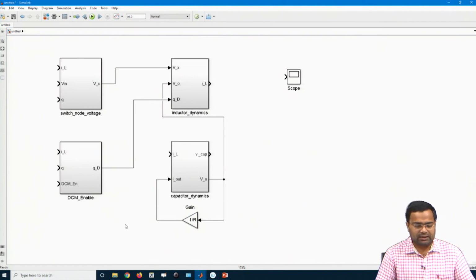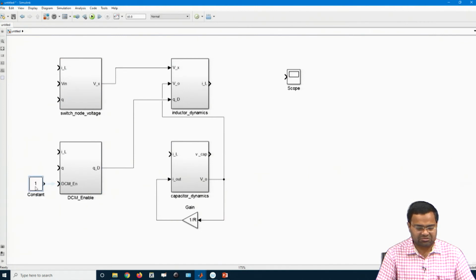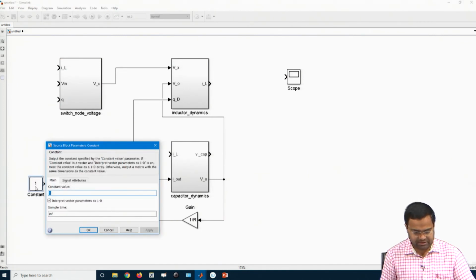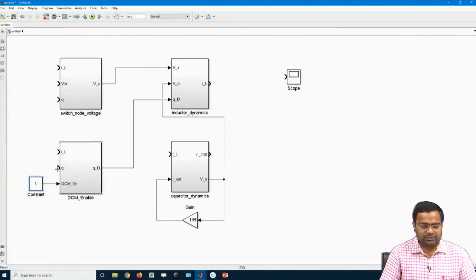Then for DCM enable, I need to consider a constant which you can set to 1, and then the DCM will be enabled. If it is set to 0, it will be disabled.